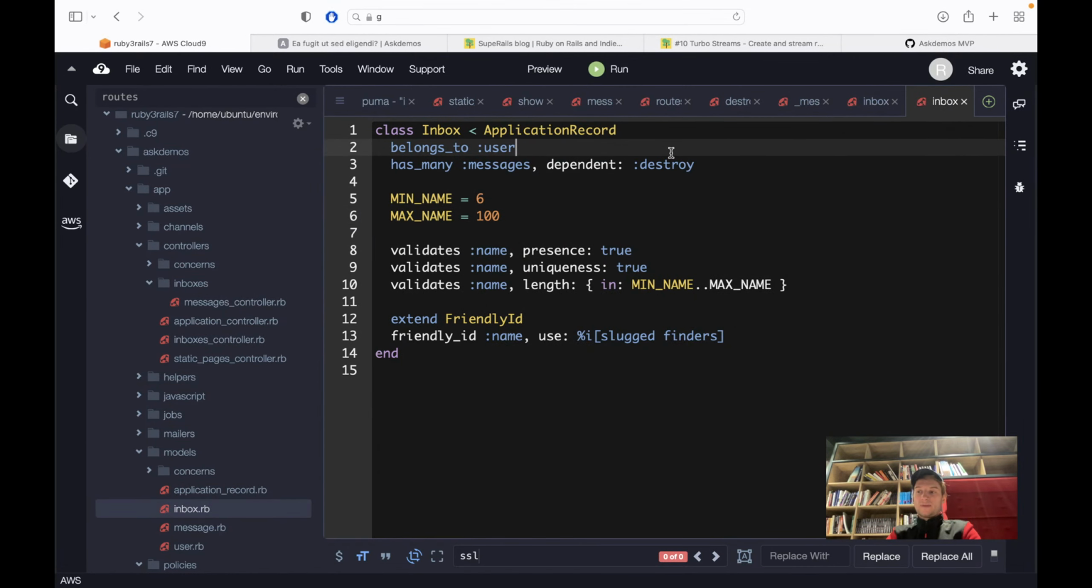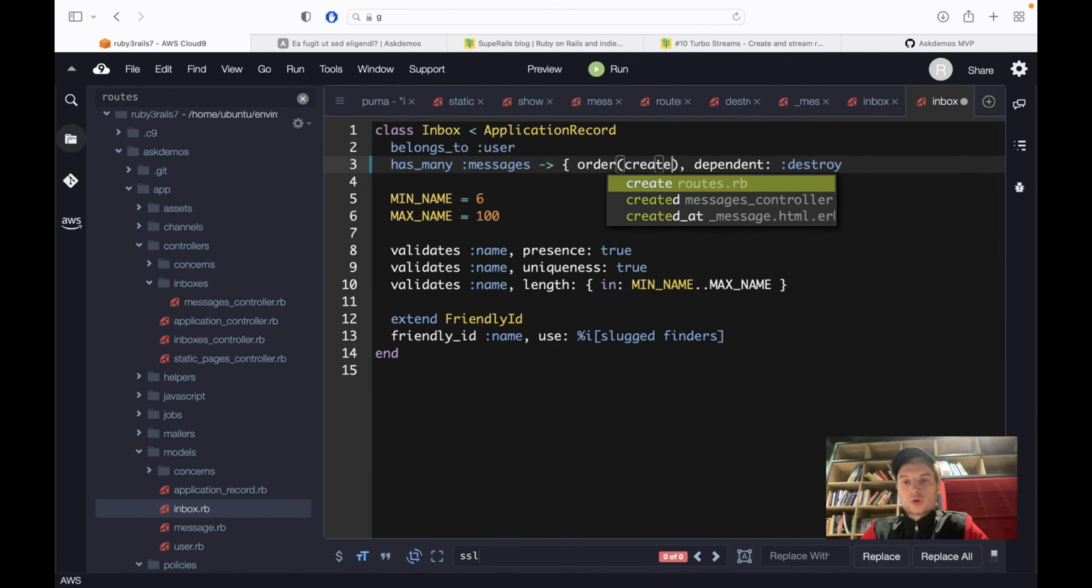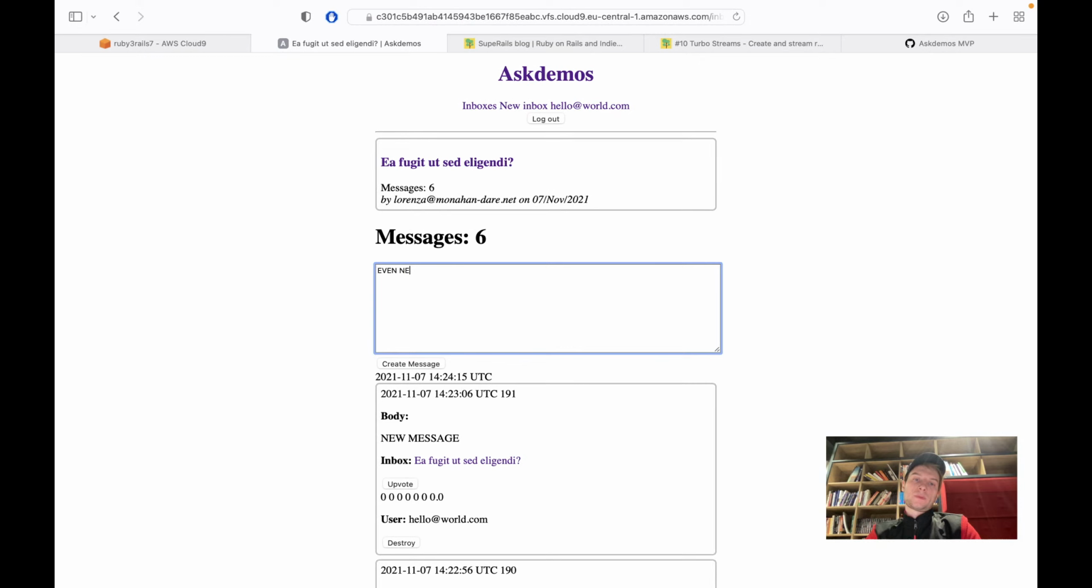So here we have has_many messages, and we can also say something like a lambda, order created_at descending, something like this. Let's see if it works. Messages, comma. Okay, and even newer